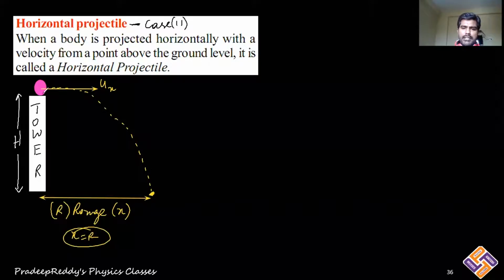Now, let me take the highest point, which I am considering as A. Somewhere in the middle, I am considering point B. And at the end, point C. We have three different positions. Now we will first write down equations for velocities, and after that we will write down equations for displacement. First we will see velocities at the different positions A, B, C.